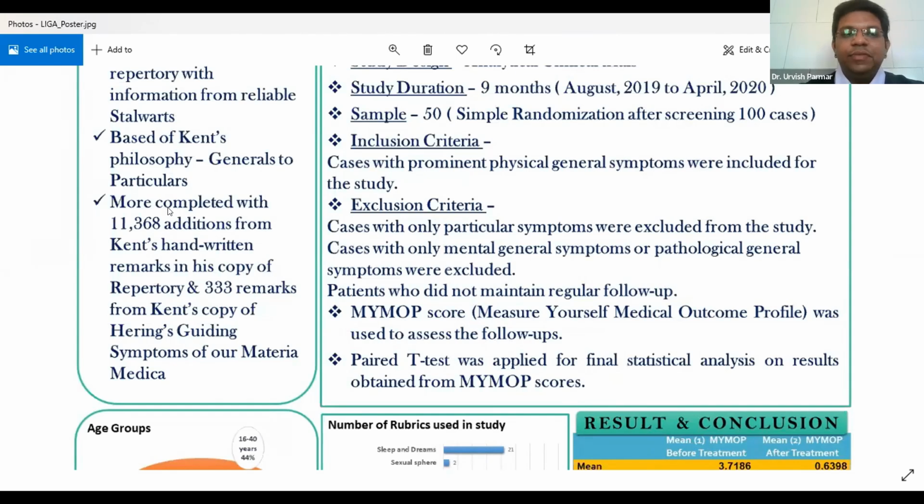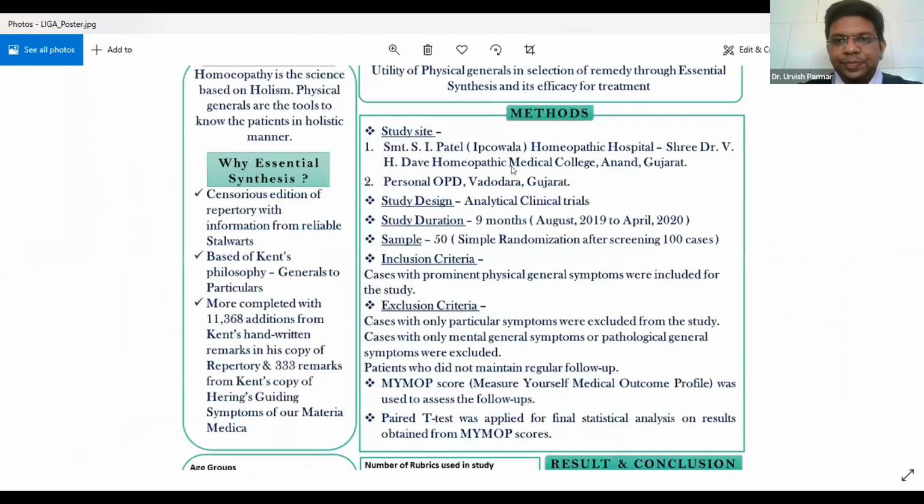And on the editions, we are getting another 11,368 edition from Kent's own handwritten copy, which was stolen. You all know about the story of the third edition of Kent, and another 333 remarks of Kent's copy of Hering's Guiding Symptoms Materia Medica. So all this information is also included in that repertory. So I have used that repertory, and